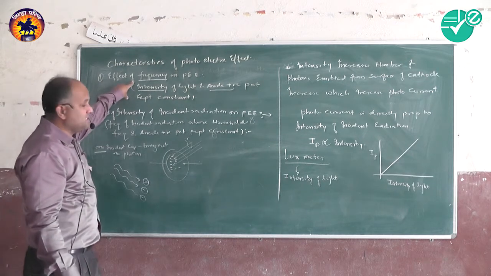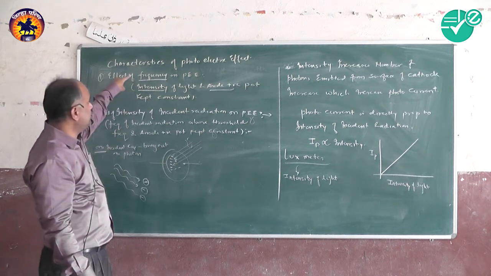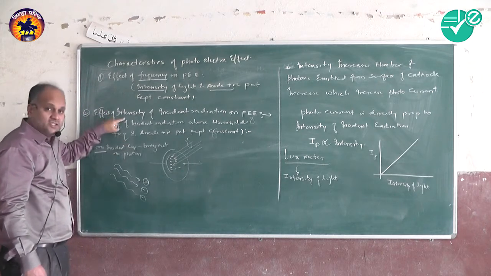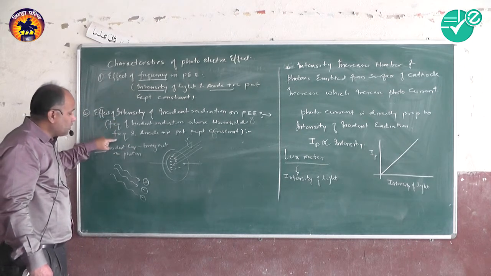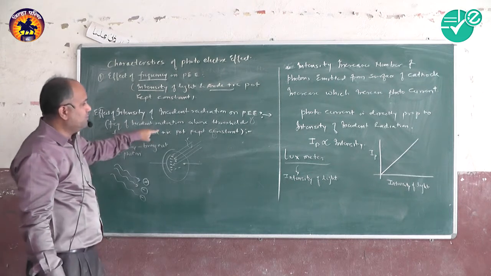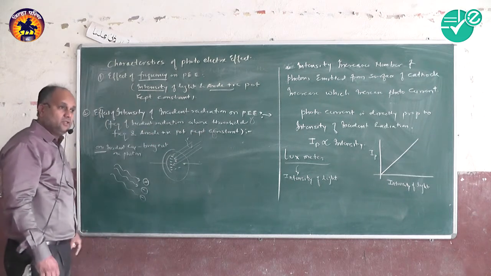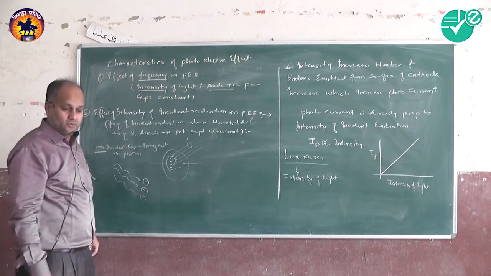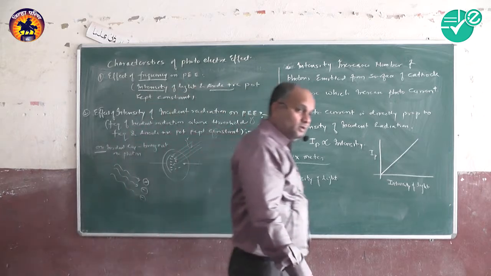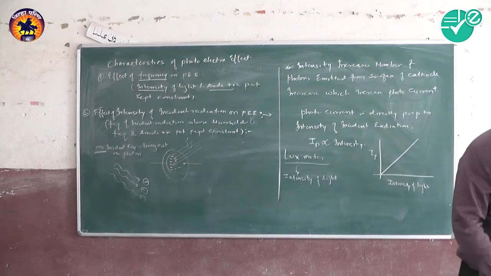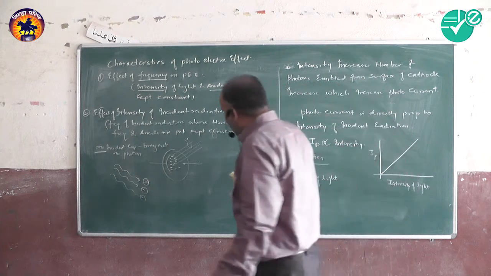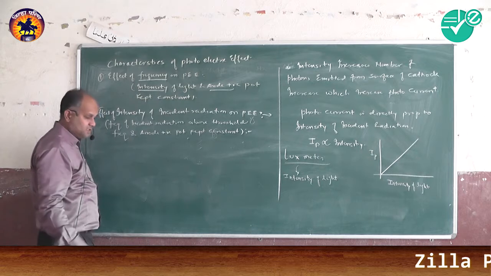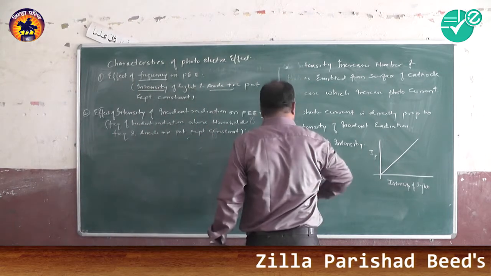In the first characteristic, we changed the frequency; intensity and anode positive potential were kept constant. Now in the second characteristic, we change the intensity and keep the frequency above threshold frequency and the anode positive potential constant. Now we have to go through the third characteristic. Look at these two cases: we varied one physical quantity and kept the other two constant.